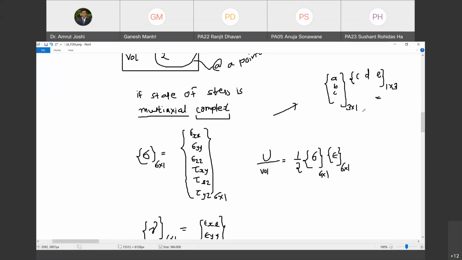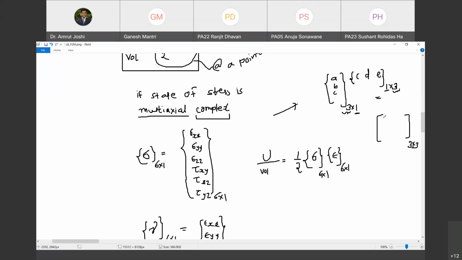Now, what is the condition for multiplication of matrices to be possible? Number of columns of the first matrix must match with number of rows of the other matrix. These two should match. And what is the result? The resulting matrix is going to be of the size of number of rows of first matrix multiplied by number of columns of second matrix. Are you with me? So the multiplication of these two is going to be 3 cross 3.